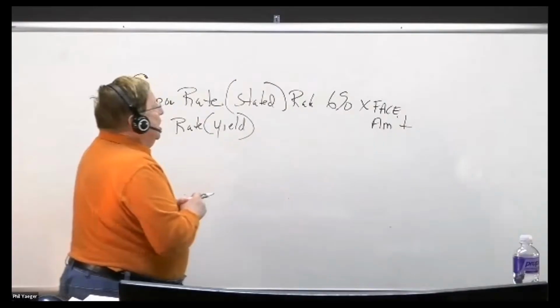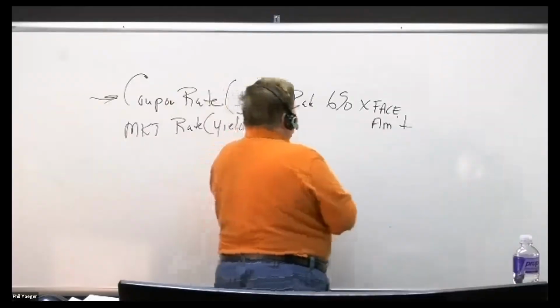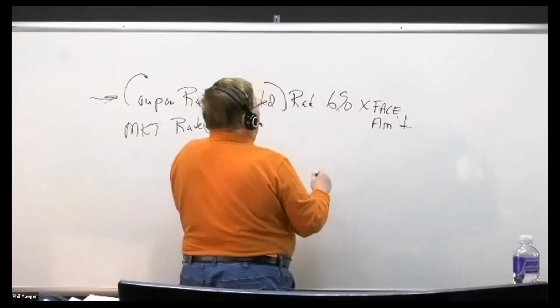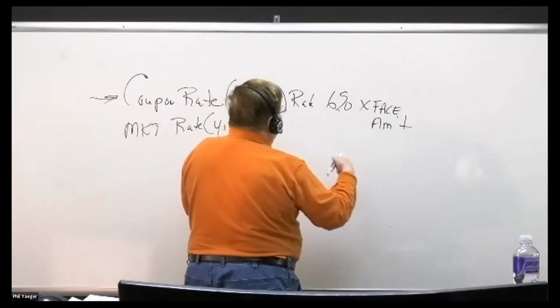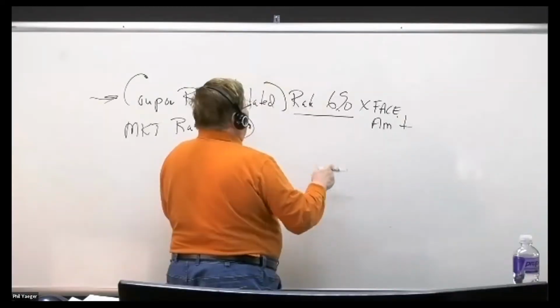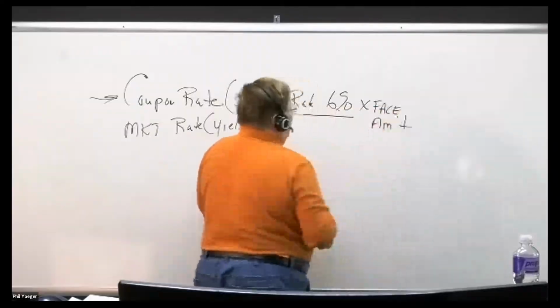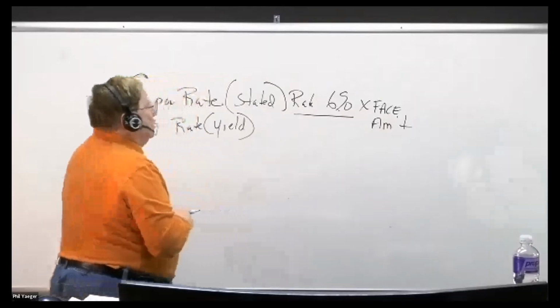But if they pay interest semi-annually, your semi-annual interest payment will be 3%. And you have to look at the number of periods. We'll talk about that in a second. But actually, you're paying 3% every 6 months. If you multiply that by the face amount of bonds, it'll tell you how much you pay every